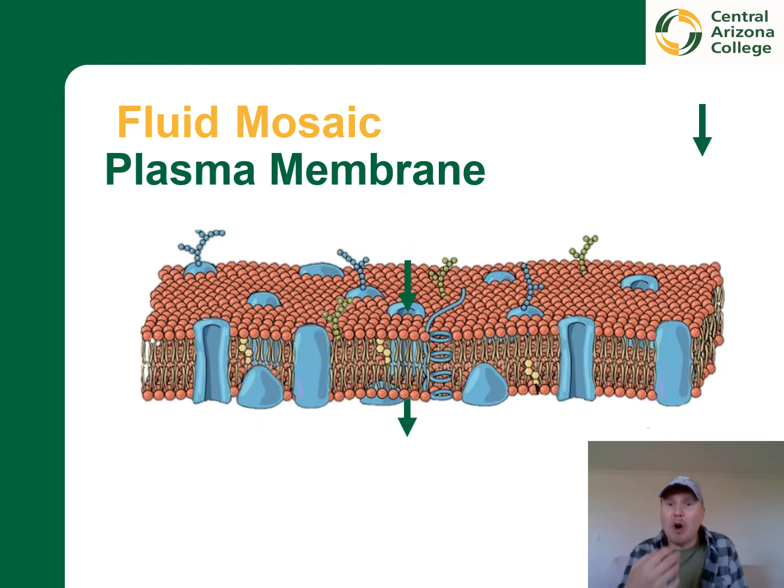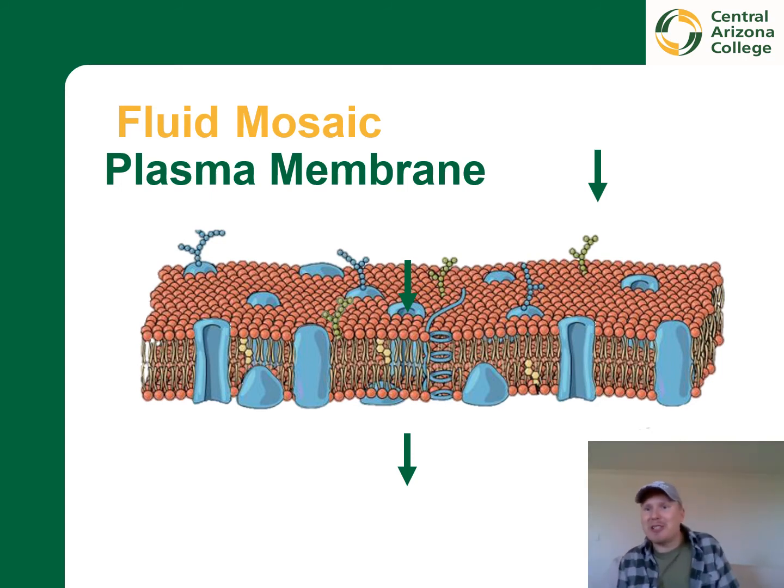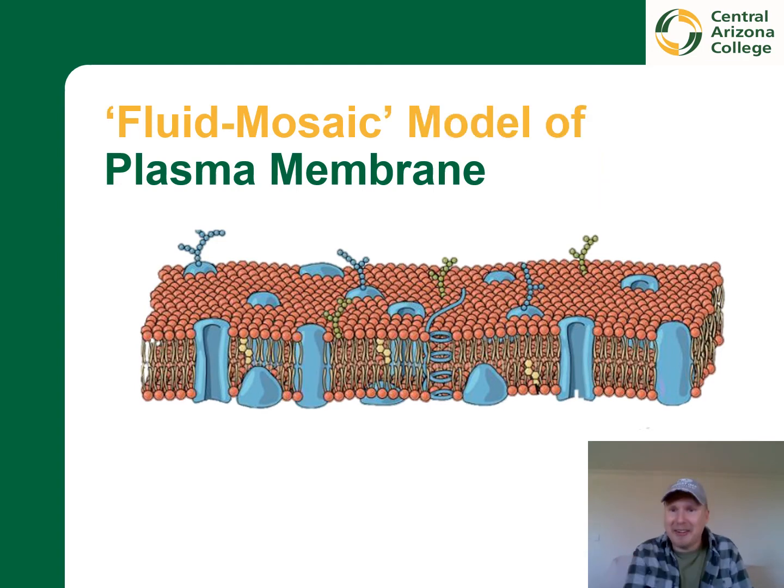But that's not all at all. In addition, some materials are able to cross the plasma membrane, which also contributes to its fluid nature, while others get blocked from crossing this membrane. So a lot going on in here that makes plasma membrane fluid in its characteristics too. And that of course gives us the description for the plasma membrane as being a fluid mosaic.